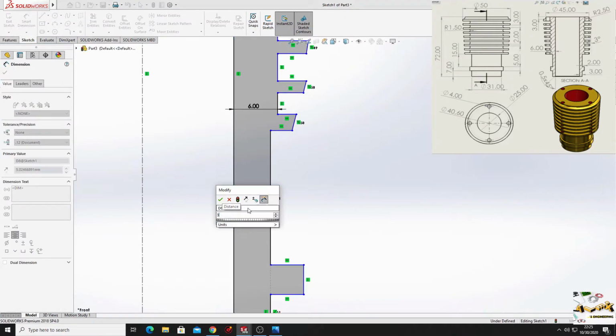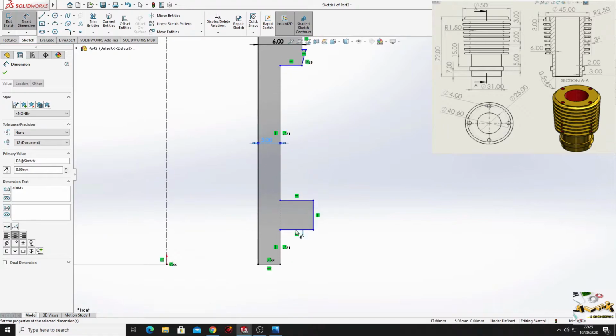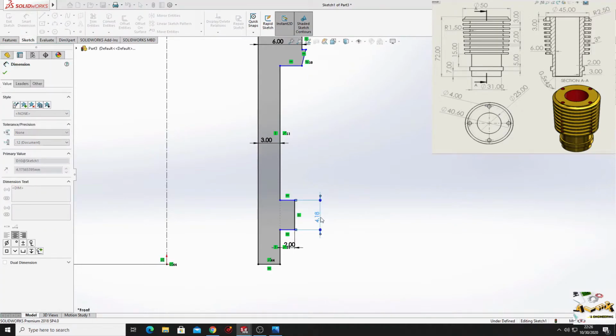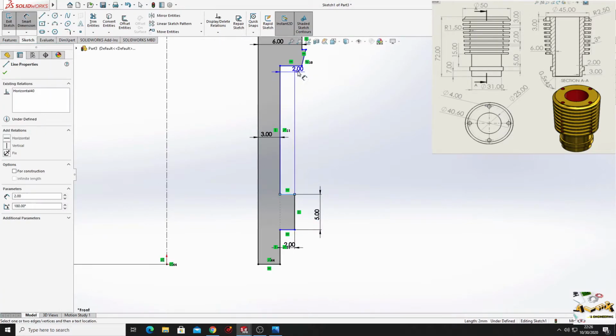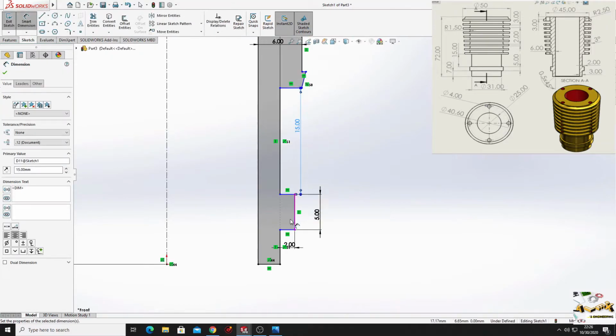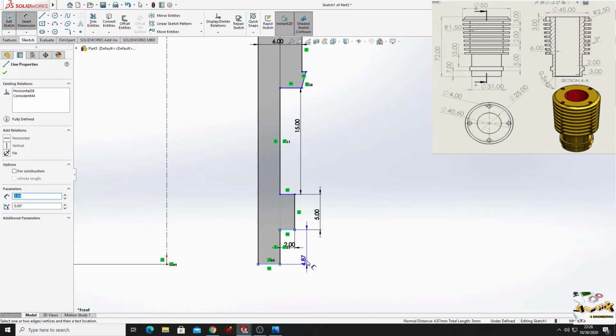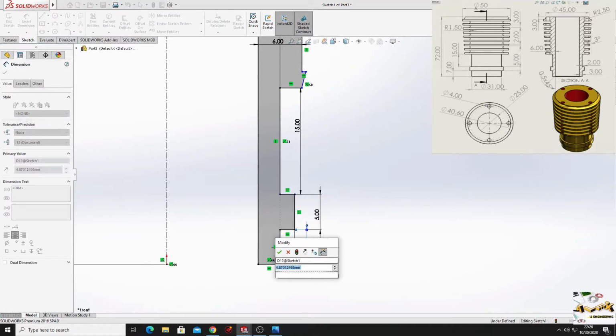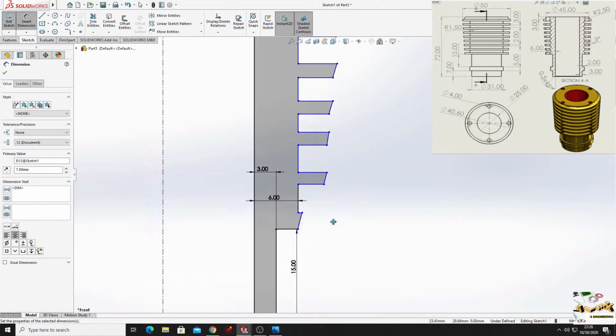Here will be 3 millimeters. This one will have 2 millimeters. Here we'll have 5. From this one to this one, here will be 15. Here will be 7. Okay.